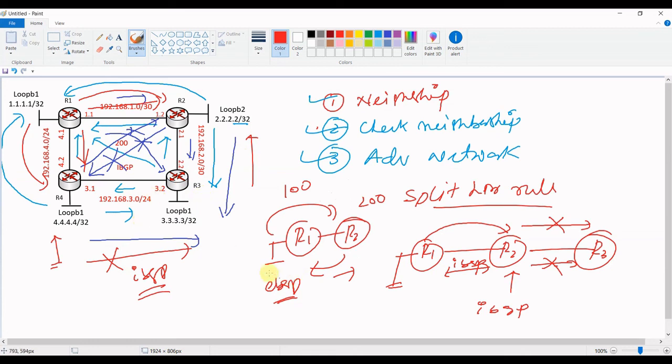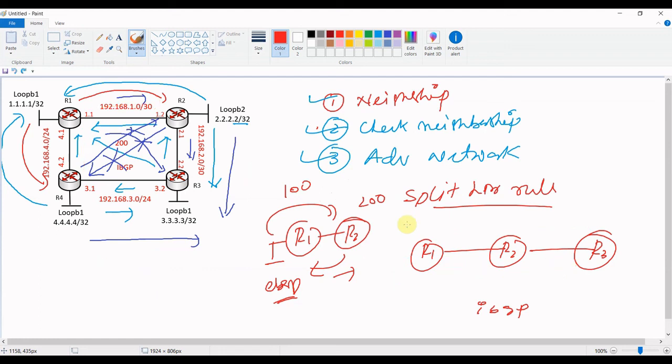The network 3.3 advertised from router 3 has been learned by router 2 and router 4, but router 1 is not learning this network, and this is happening because of the split horizon rule only. So what are the different ways that we can get rid of this?